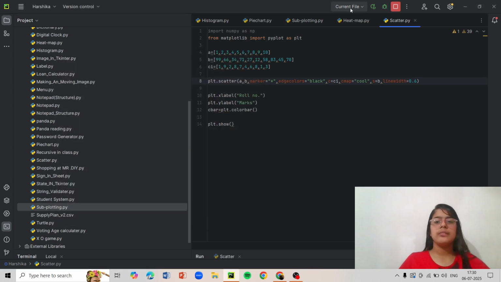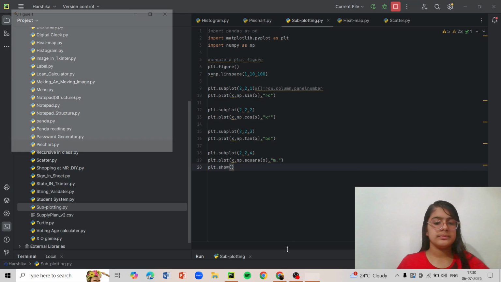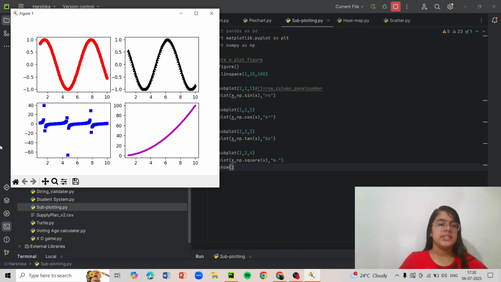Now let's go to subplotting. It is a little confusing, but once you learn it, it is really nice to use. So I'll run it. So you can see here, these are 4 maps that I've used.